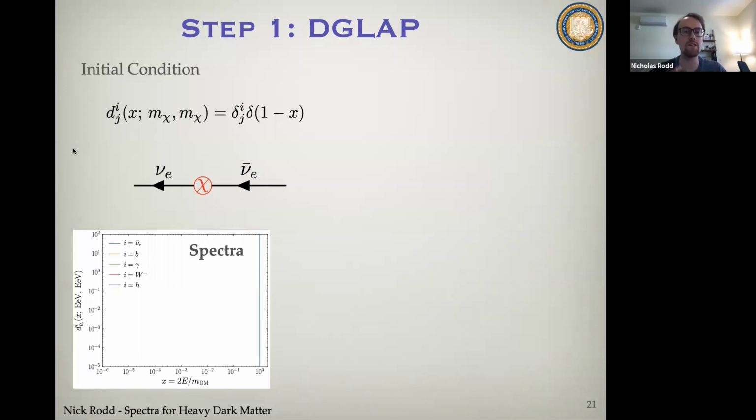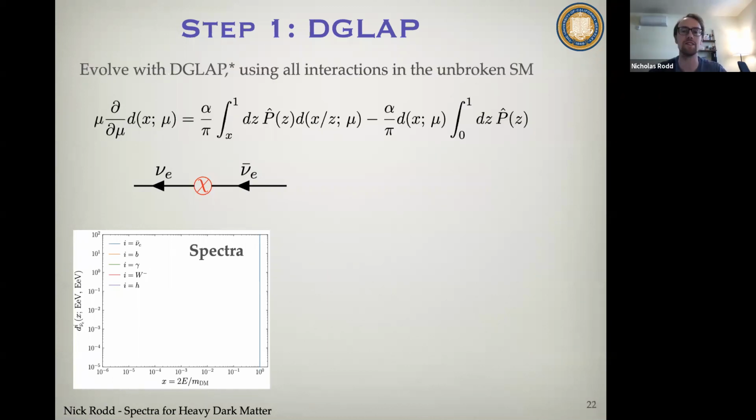And the way that you can do this at the level of accuracy we're working is using the DGLAP equations. So just to remind you, if you haven't thought about the DGLAP equations for a while, what these are doing is they're saying that as I move through virtuality, how can the energy that was initially just in these 2 neutrinos be repartitioned around amongst the various states? And what the DGLAP equations say is that there's 2 ways that that energy could be reorganized.